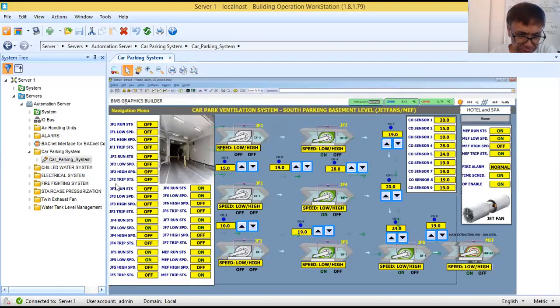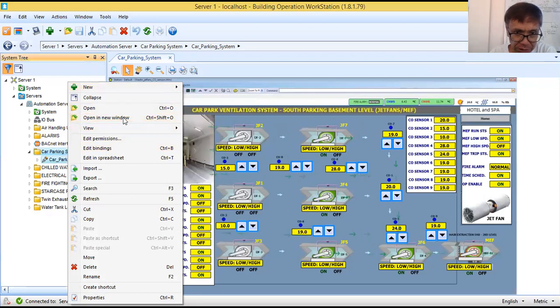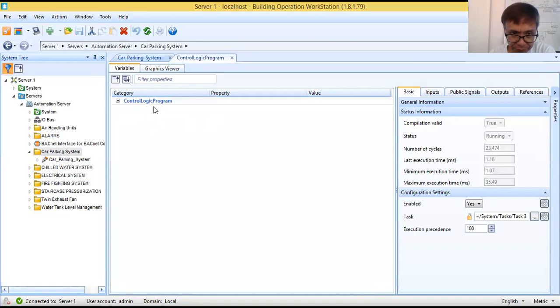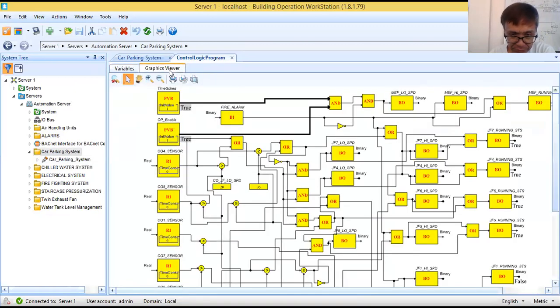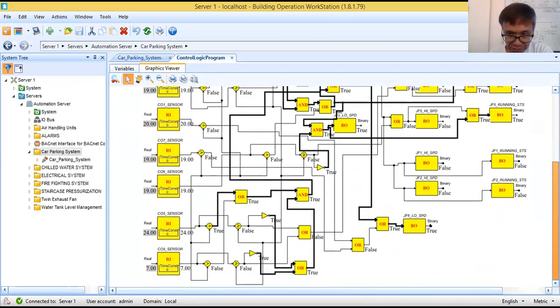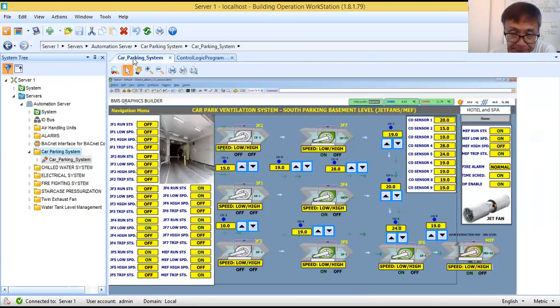Now I want to show you the program. I will open this in a new window. The control logic program is this one. I need to revise this control logic program to be able to correct the status here.